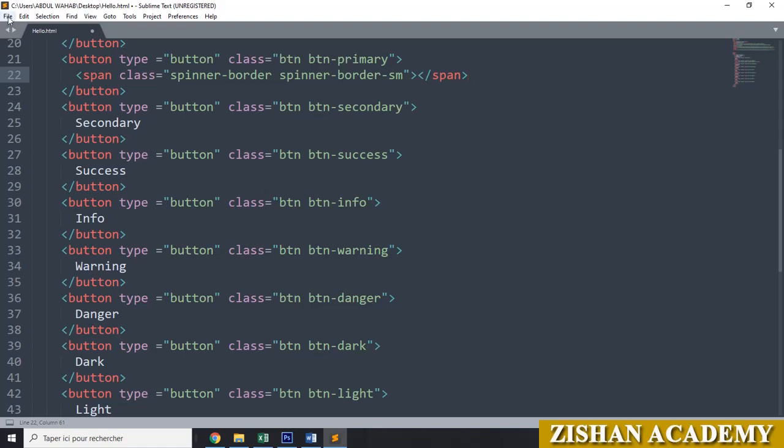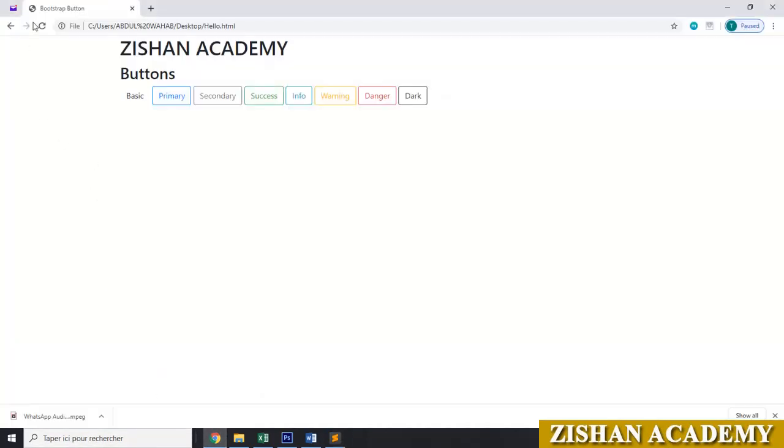Now we'll see the output. Just go to the file, save the file, refresh it here. You can see now how the buttons here, it spins here. Like this you can go for the spinner buttons. You can make for all this one.